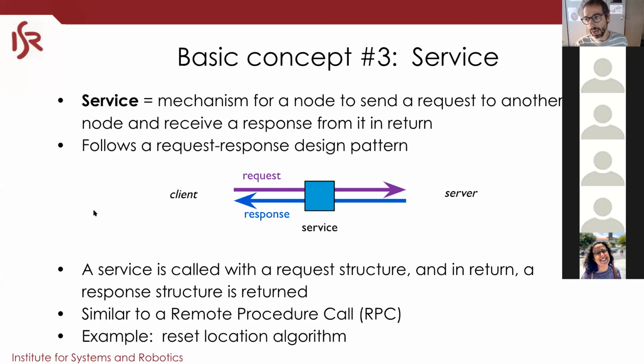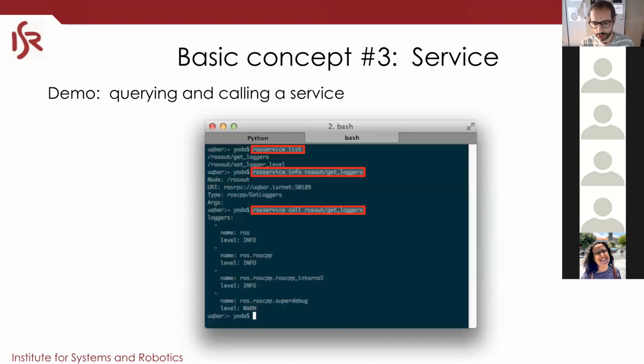In the example that I mentioned with a multi-robot system, where we have an external ROS score, it is not true that when the ROS score dies, the system just dies. What dies is that you cannot publish new topics, nor subscribe to new topics, nor create new services. But the system that is already set up tends to live on a little bit longer after the ROS score dies. So basically, ROS score tells who is which, and then everything is peer-to-peer, and we have this network of nodes connecting directly between them. Any more questions?